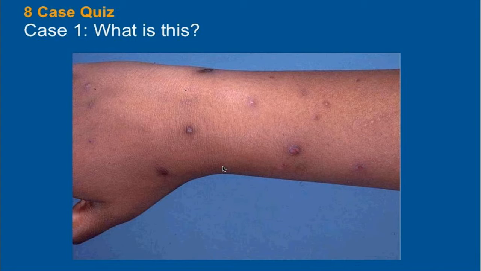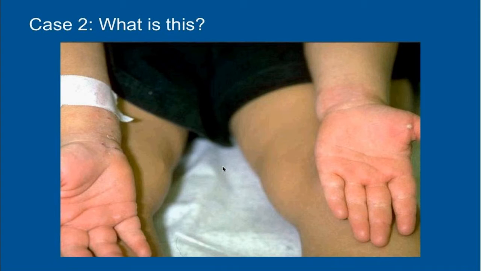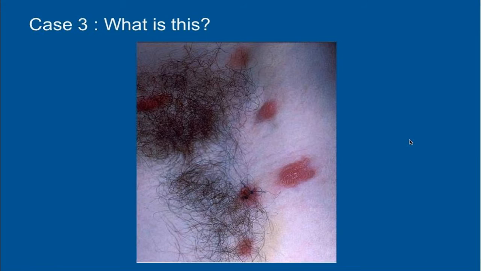Okay, switching topics. So this is now going to be an eight-case quiz. I'm going to go through these very quickly. So just think in your mind, what is the most likely diagnosis, and then what is the differential diagnosis? So these are erythematous papules on the wrists of a young child, erythematous papules, crusted papules, and you see over here pustules on the hands of a child. Case 3, erythematous nodules in the axilla of an adult. You can see a biopsy was performed.